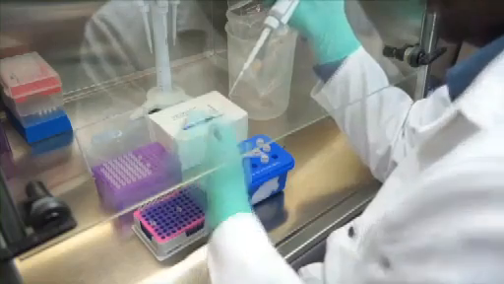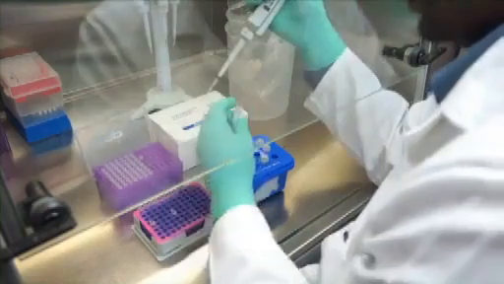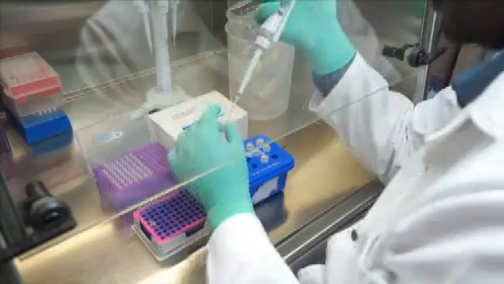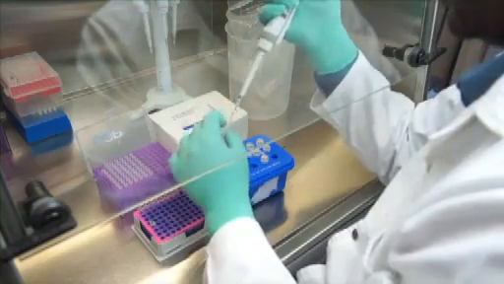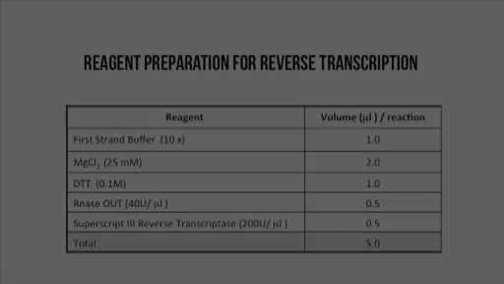Prepare RT enzyme mix by adding 1 microliter of the 10 times buffer, 1 microliter of 0.1 molar DTT, and 2 microliters of 25 millimolar magnesium chloride to a sterile tube. Add 0.5